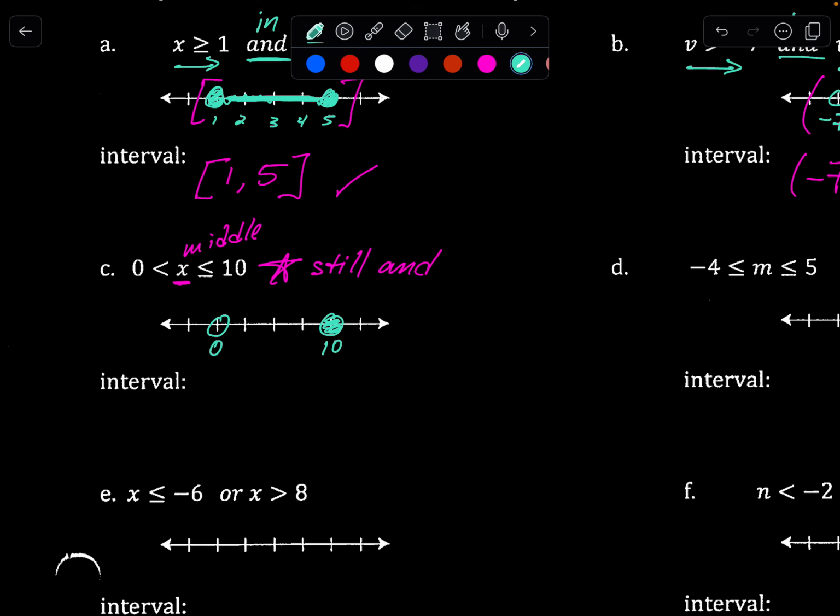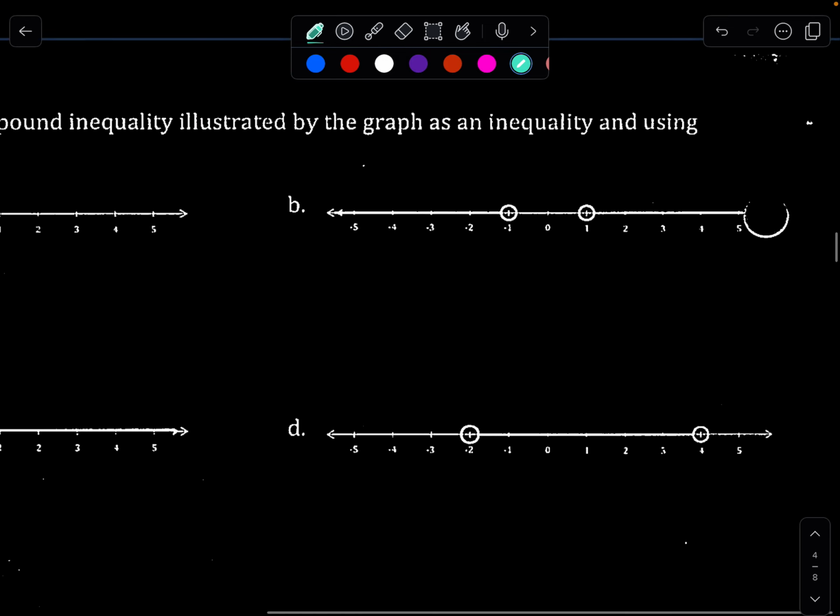Now, you might be wondering, you might be saying, Mr. Hewlett, how am I supposed... It looks like the line is pointing this direction. Why is that wrong? Well, it's because the x is technically on the right side of 0, and if you guys can remember from 2.1 and 2.2, the x needs to be on the left-hand side of it for it to matter. Okay, so x can still be less than or equal to 10,